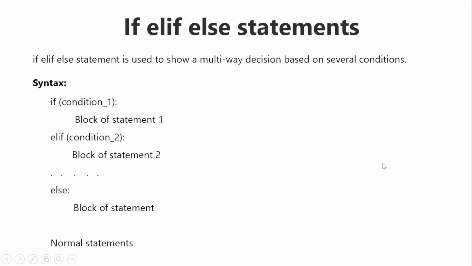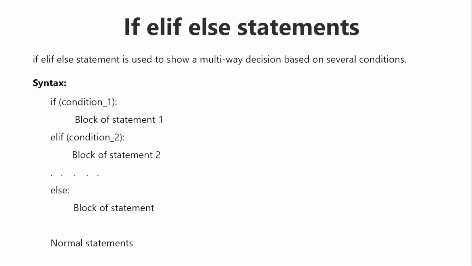Now let us move on to the third set of conditional statements, which is known as the if elif else statement. The if elif else statement is used to show a multi-way decision based on several conditions. For example, if you want to evaluate a given value with multiple conditions, then you can make use of the if elif else statement. So if you look back at the syntax, the if has a condition,